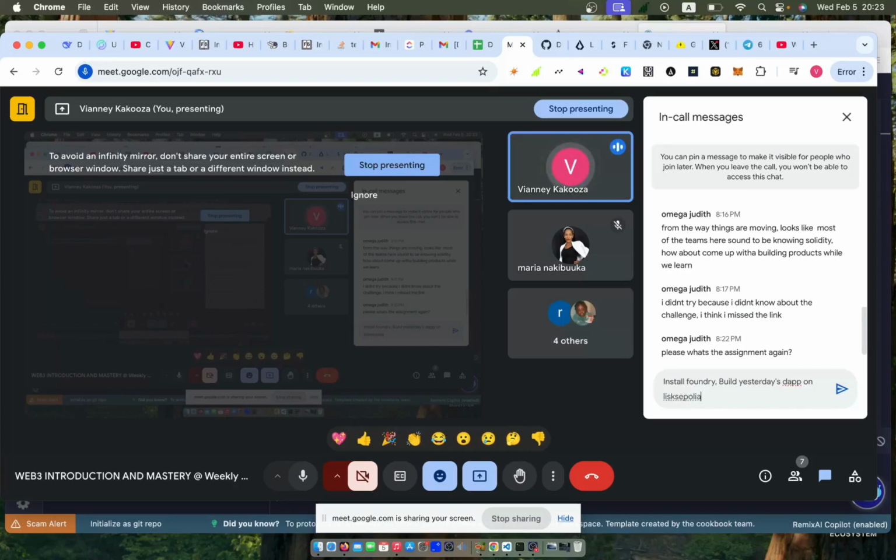Both are deploying the smart contract and the HTML. Both the code is on GitHub and you can find it in the Telegram channel. And then do a bit of research on smart contracts. And yeah, submit